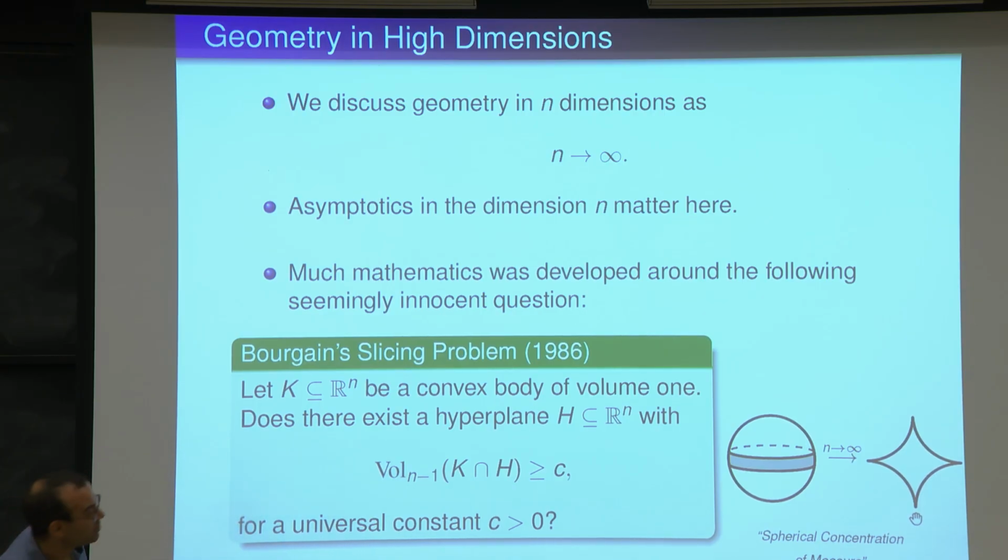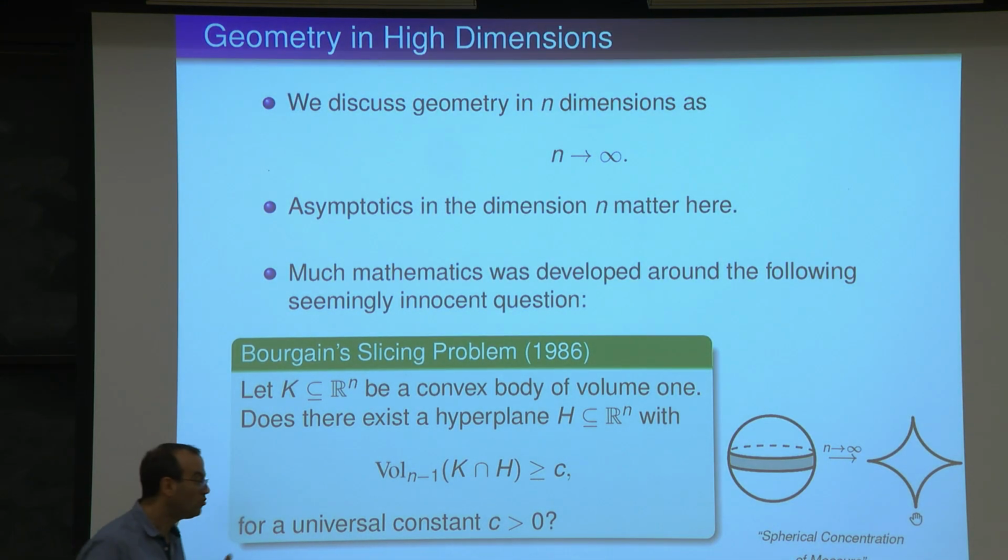So in high dimensions, if I look at the uniform probability measure on the sphere, then it is concentrated in somewhat unexpected places. For instance, most of the mass of the high-dimensional sphere is located in a tiny neighborhood of the equator. If you look at x1 equals 0, this equator on the sphere, and you look at distance 1 over square root of n, a very small number in high dimensions, it captures half of the mass, and this means that